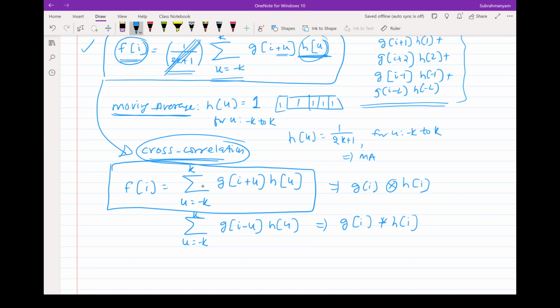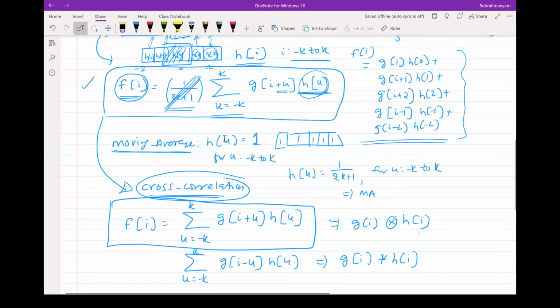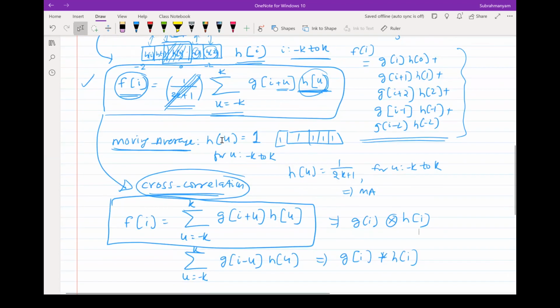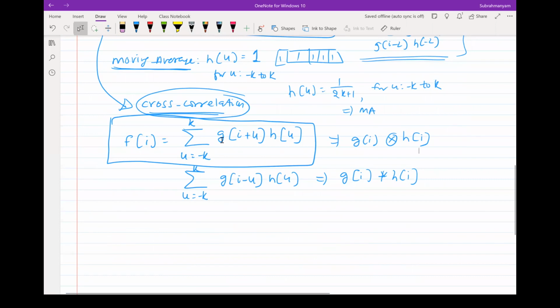It is not like we want to do convolution or correlation. This is what happened to be the result that we got. This turned out to be the definition of cross correlation, just like this turned out to be the definition of convolution. And of course, some of you are asking, can I not write it as convolution?